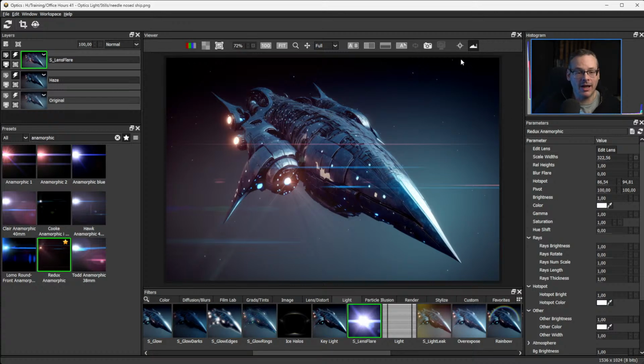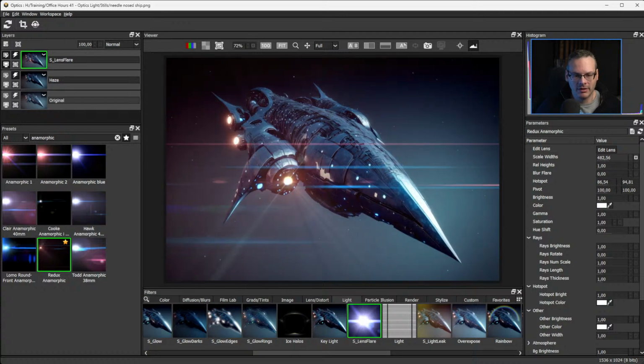Now the thing about lens flare is that we don't have to have it exactly as it comes out of the preset. We can do little changes like scale up widths and scale up brightness, or change brightness down a little bit. But if there's a particular flare element that you're not particularly into, or it doesn't work on a particular shot, so for example, maybe this is getting a little bit too busy,